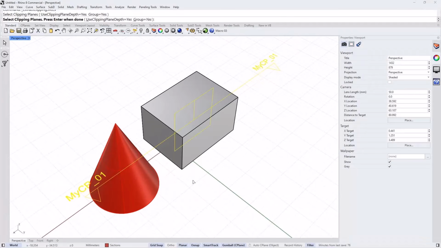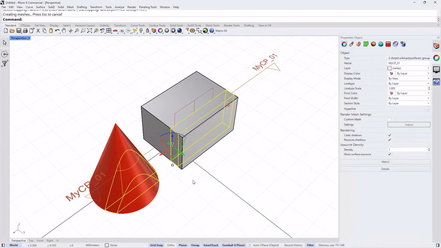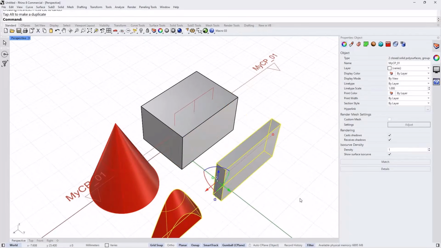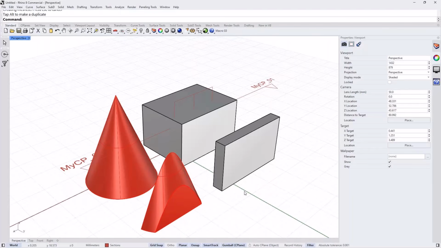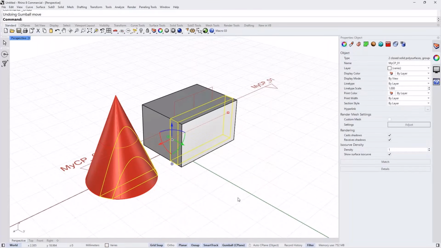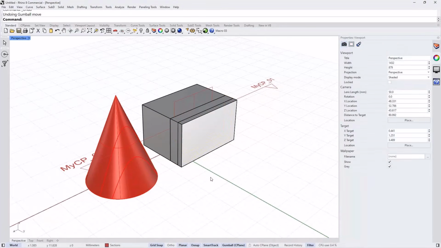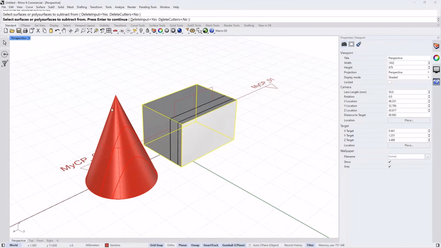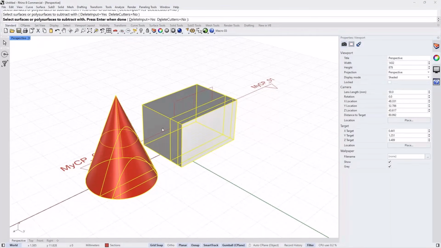So you select your clipping plane, press enter, and there your slice has been created. You probably wanted to split your original model by this slice. So what you can do is Boolean difference, and you select all the objects you want to subtract from and the new slice that you have generated.